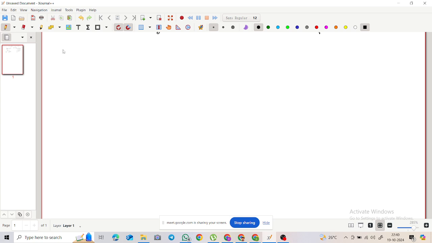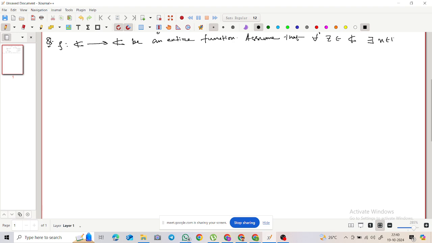Let f: C to C be an entire function. Assume that for all z belongs to C, there exists a small n belongs to capital N, depending on z,